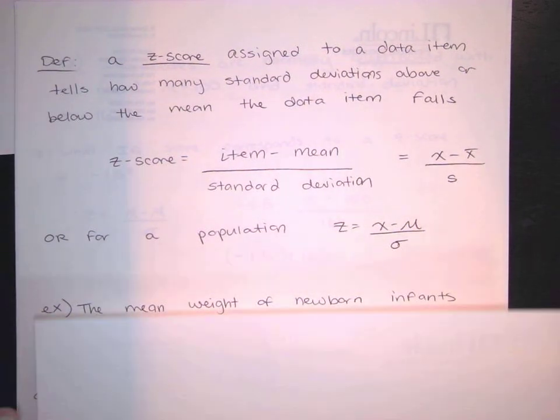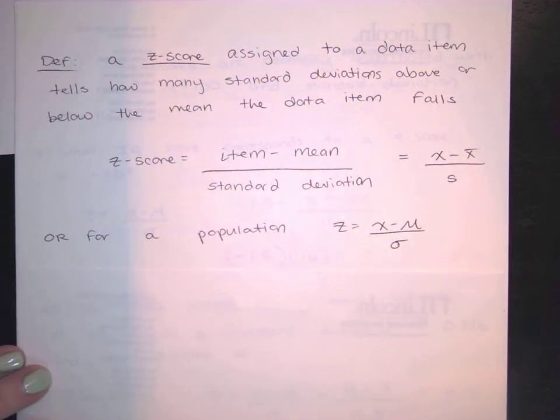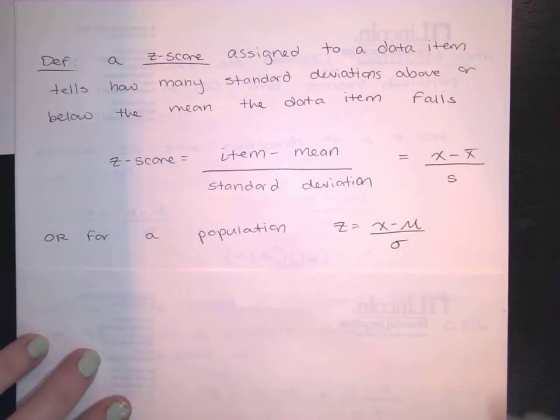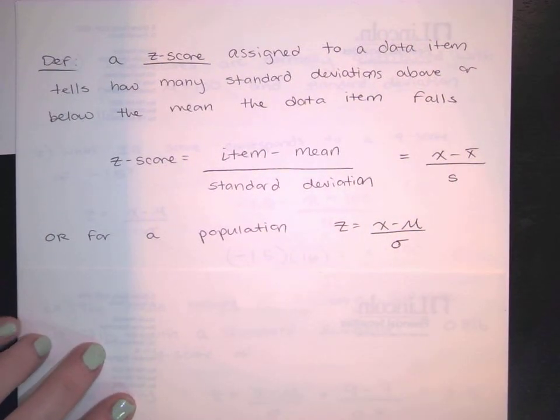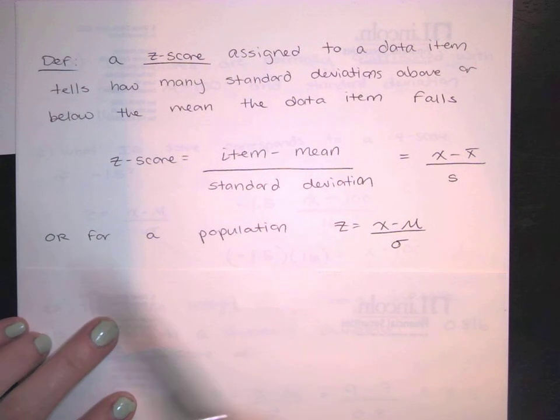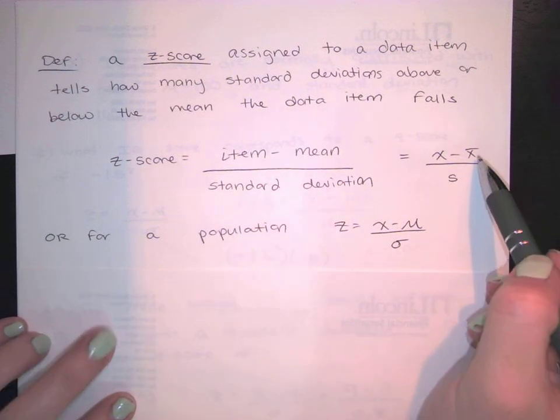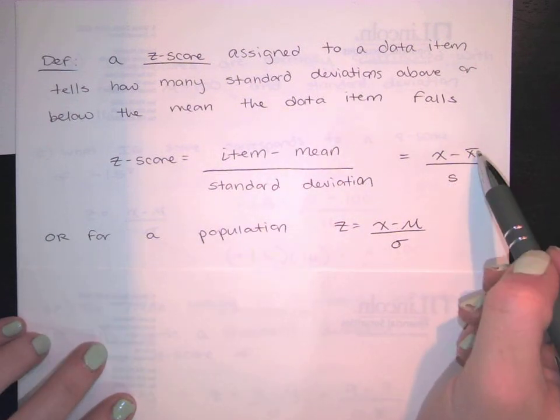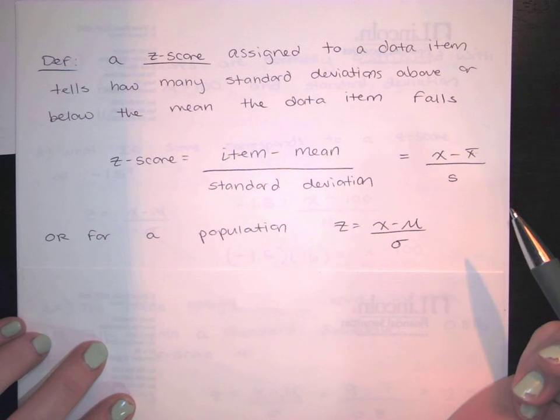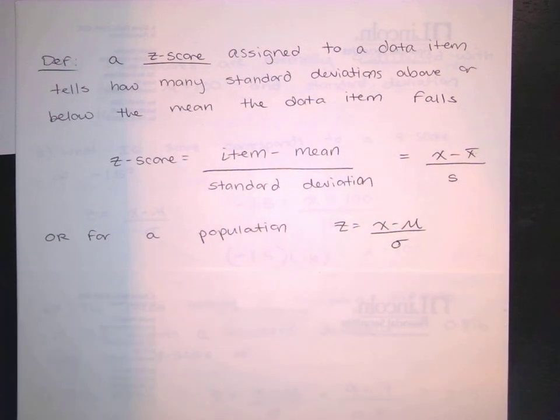So we can ask ourselves, kind of naturally, where an individual fits in a population given their height. The z-score tells us how many standard deviations above or below the mean for a population a data item falls. So if we're talking about a sample, remember we use X bar and S for the mean and the standard deviation. And if we are talking about